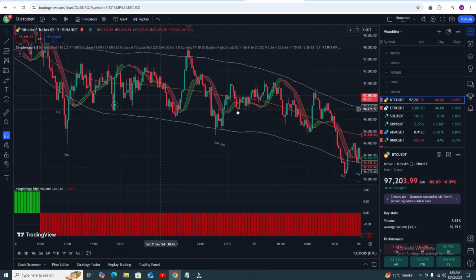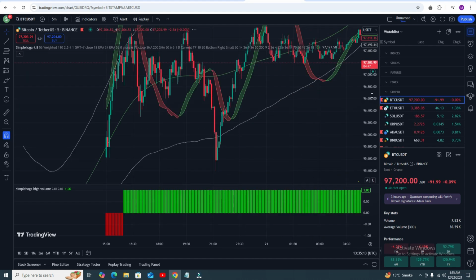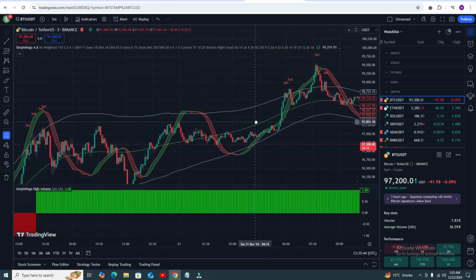Let me give you more examples so you can identify them. Here is a clear example. You can see you're getting the buy volume starting from this point, but watch it. Where are the candles? The candle is upside of the upper band line. So you do not need to open your position. I told you, you need to wait for the buy signal, or the candle must come inside the RSI. Then it will definitely give you the profit, like this one you can see.